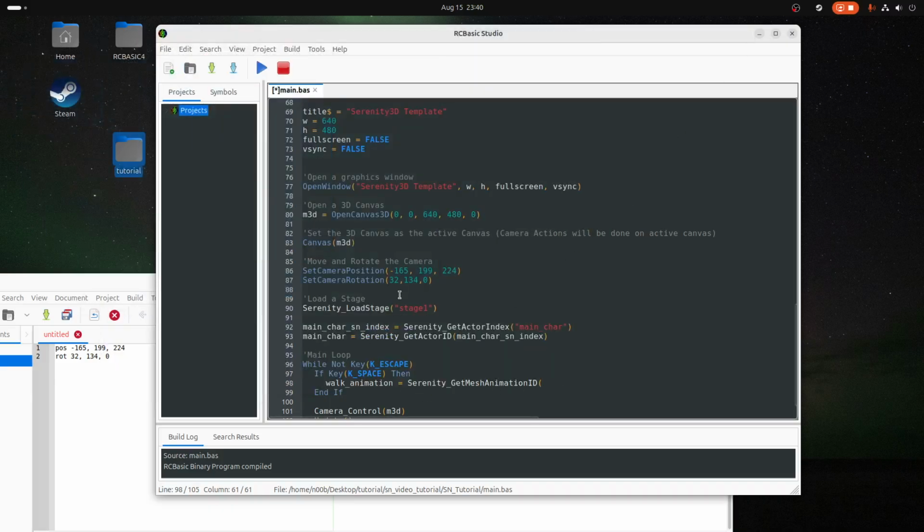So the mesh index is, which I'll just pass in here, Serenity get mesh index,